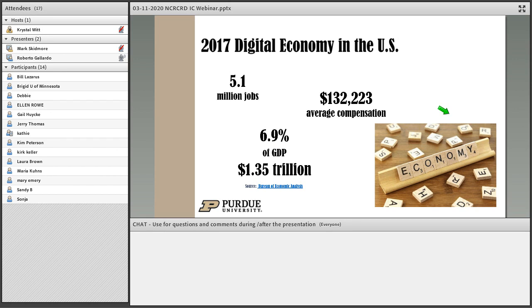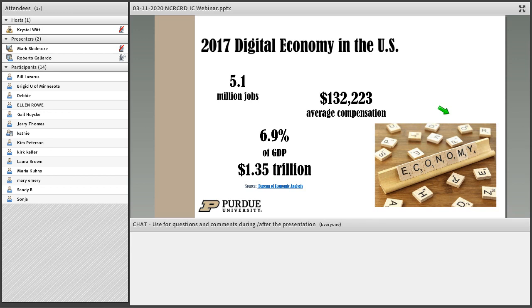The Bureau of Economic Analysis is, in a very conservative way, attempting to measure the digital economy. It's a moving target. It's not set in stone by any means, and it's very conservative, I think. But it's an attempt to measure it. And so, as of 2017, it was about 5.1 million jobs directly from the digital economy. I believe they identified about 40 to 45 industries, maybe. I would have to go back into the fine print and see what exactly they're measuring, but it